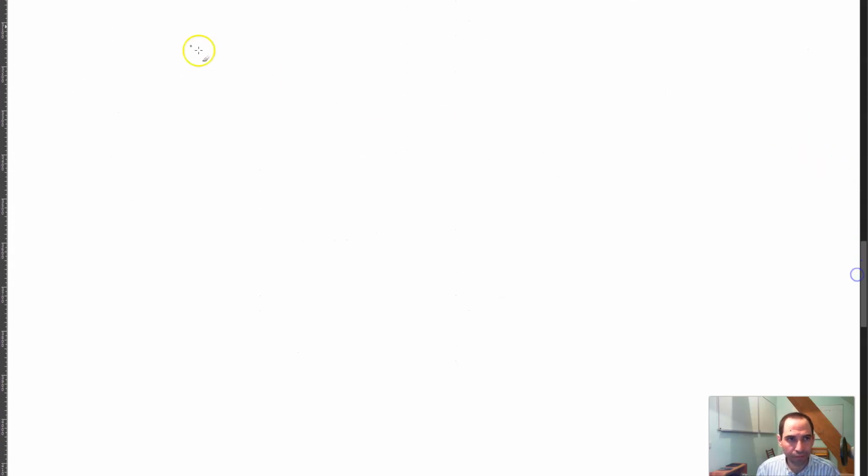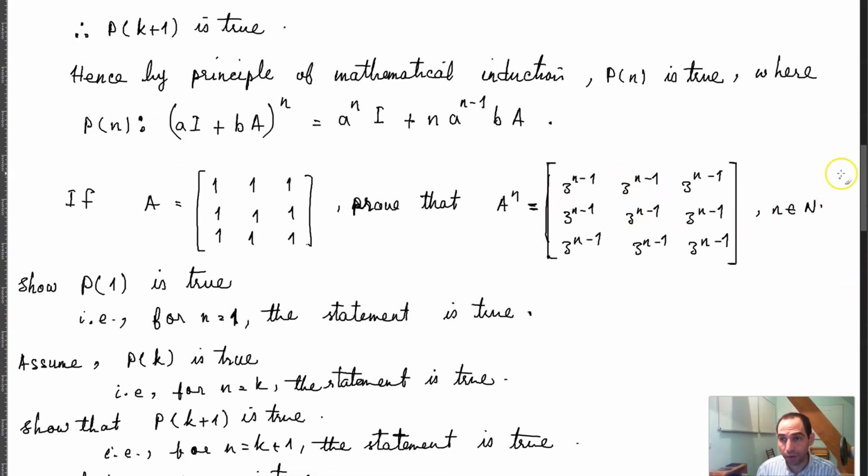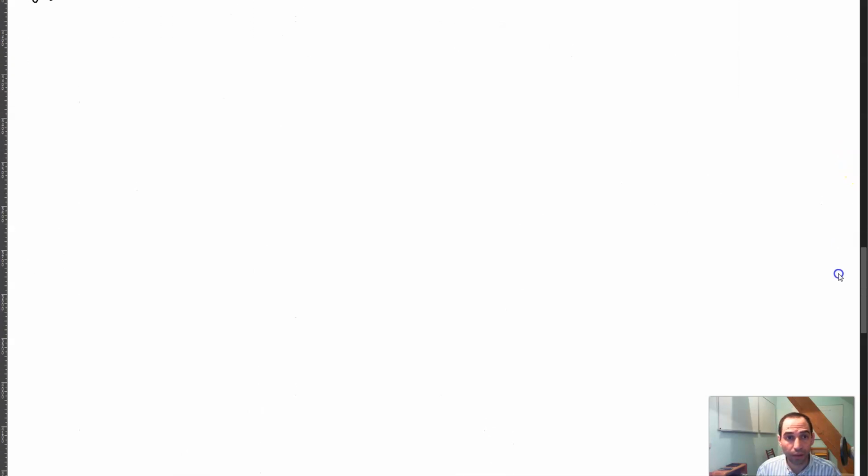Meaning that to show that P of 1 is true, we have A raised to the power n, and based on what we have here, I can write A raised to the power 1, and over here what I have is